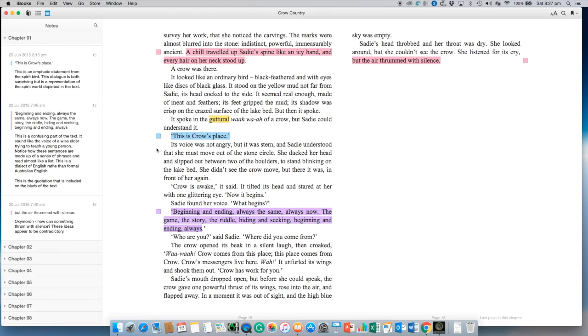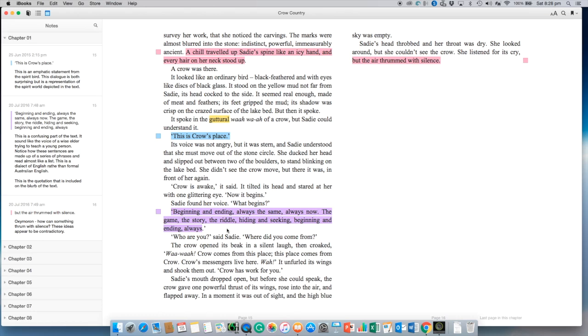And this emphatic statement from this spirit bird, this dialogue is both surprising and it's the first representation of the spirit world that we uncover as part of this text. So I don't want to talk about it too much, but you have to understand that there are some spiritual and mystical elements involved here. And this quotation,